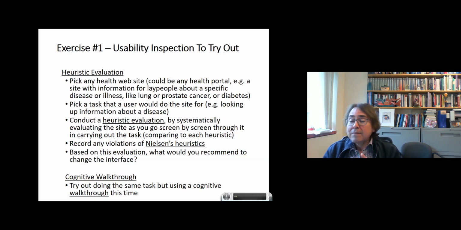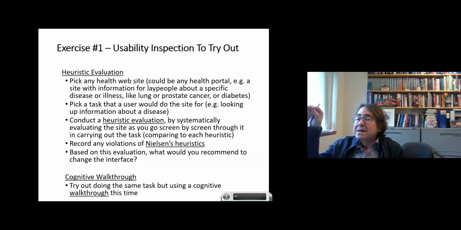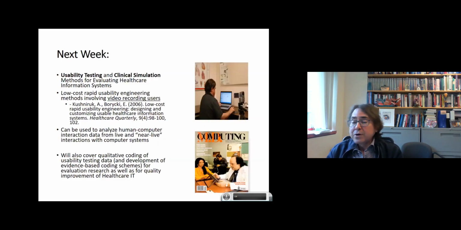Oh yeah, we will have time to ask questions. We will have a good time to do that shortly. And also the cognitive walkthrough. So try that out. And just before we hit the question period,